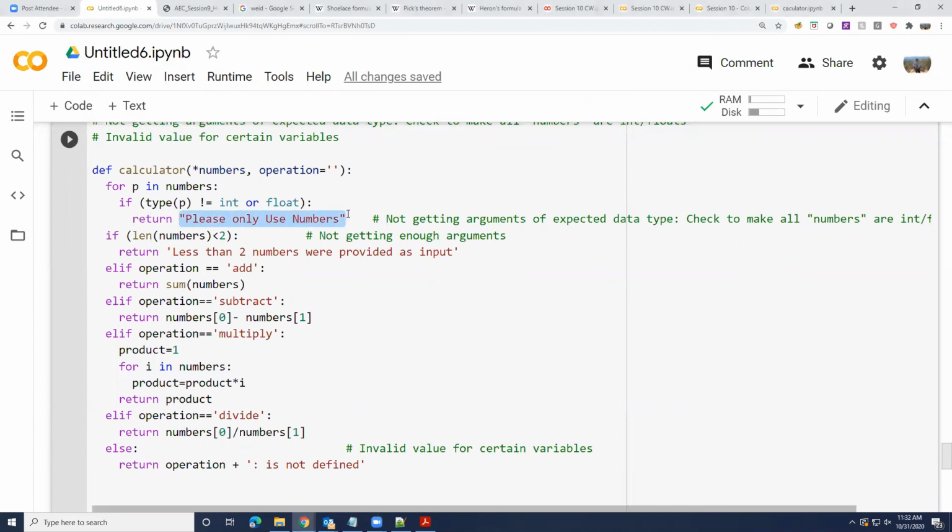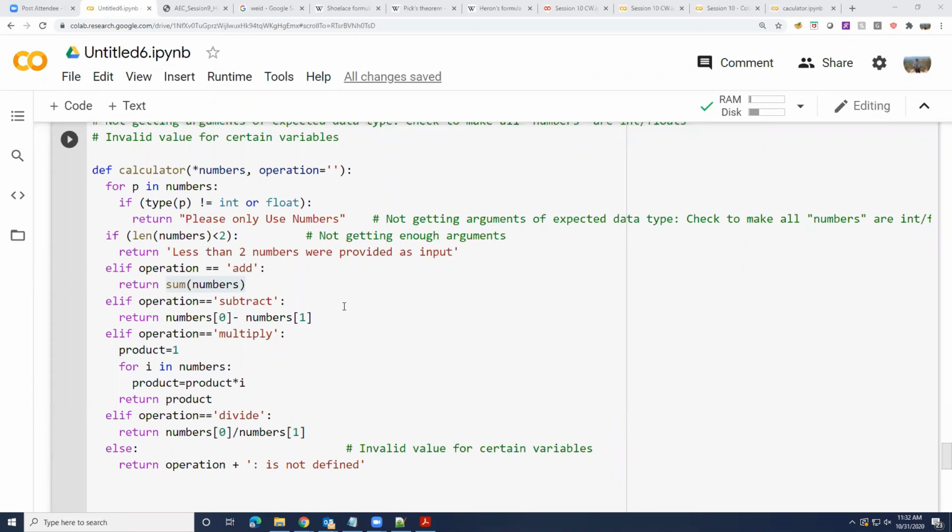If I have an error, I'm returning a message. If I don't have an error, I'm returning the answer. By looking at the output, how can you even tell that there was an error? Unless you actually read what is coming in the output, you can't tell, right? Because irrespective of whether there is an error or not, your function now smoothly returns one answer back. It's returning a string or an int or a float. So just by calling the function, you no longer know whether it's returning an error or a value, an answer.